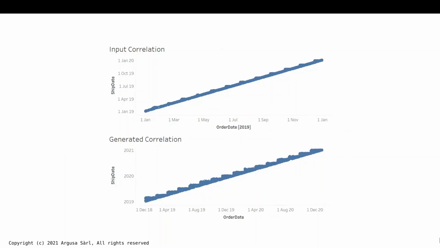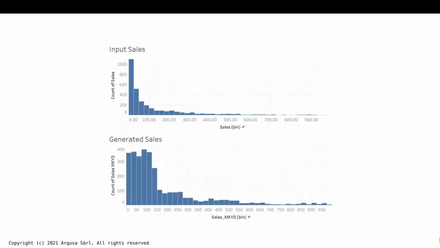We will now look at the generated numeric type columns. For the sales column, we wanted to preserve the shape of the input distribution, but not the actual values, which is reflected in these graphs. On top, we have the input sales, and below, we have the generated ones.